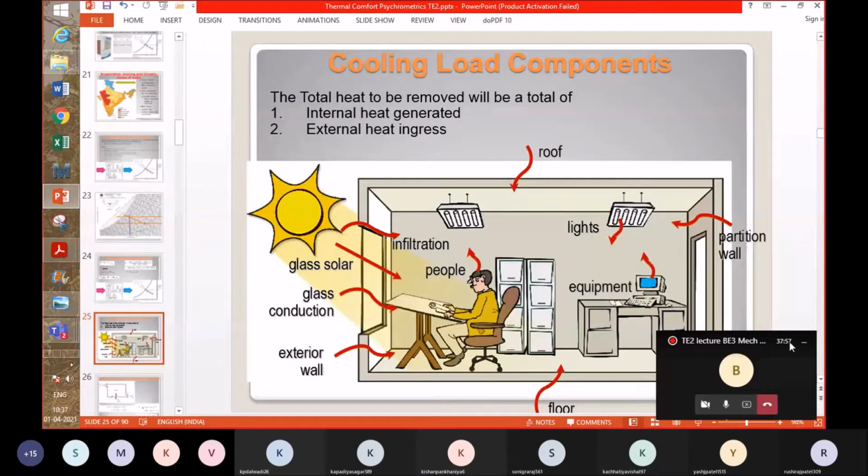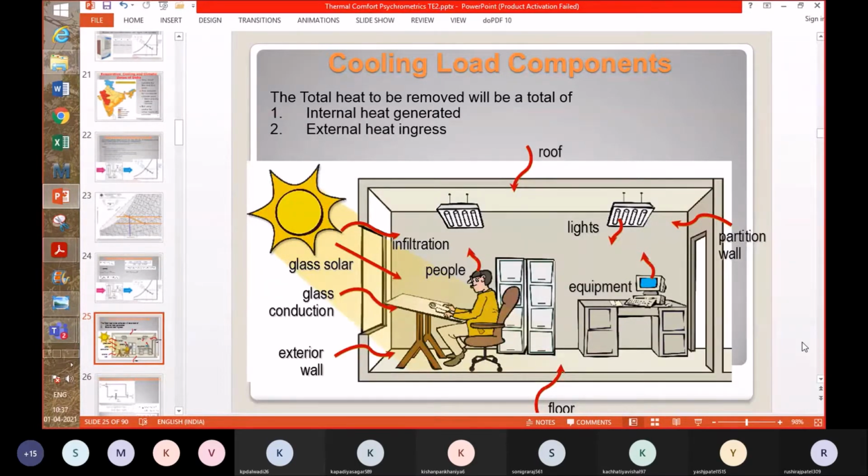Cooling load components. So let me talk about that part. Of course, it's a big subject, and that itself can be one topic. But as of now, I'm not taking that topic, and I'll just give you some idea or background which is required to solve an example on psychrometric process of space, moisture, and heat addition.